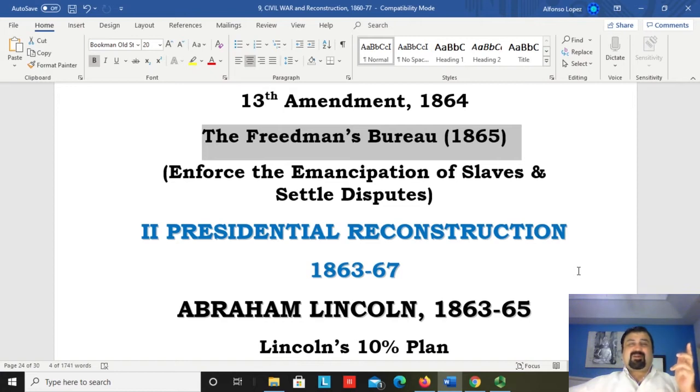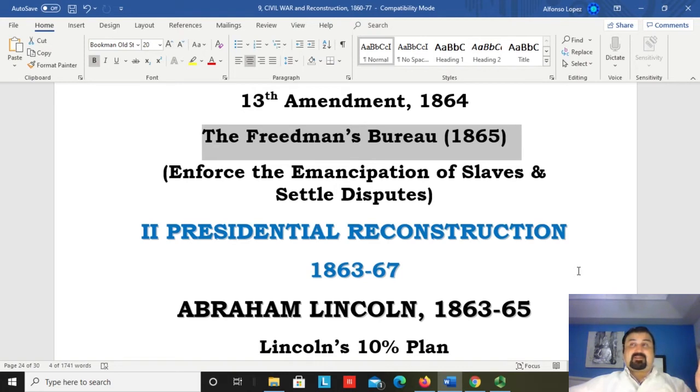What kind of work? Well, they're going to make sure that all slaves will be free. In other words, no planter, no slave owner is going to withhold slaves on the plantation and refuse to set them free. We're going to enforce the emancipation of slaves and protect them as well,